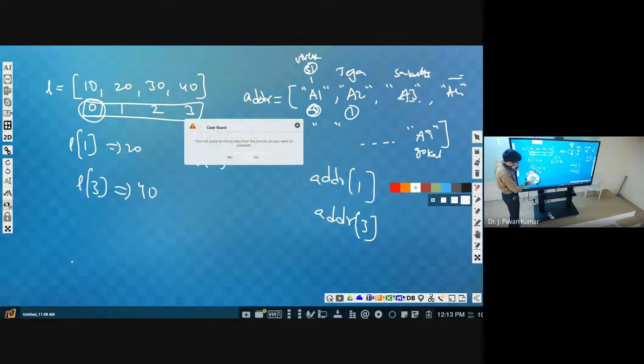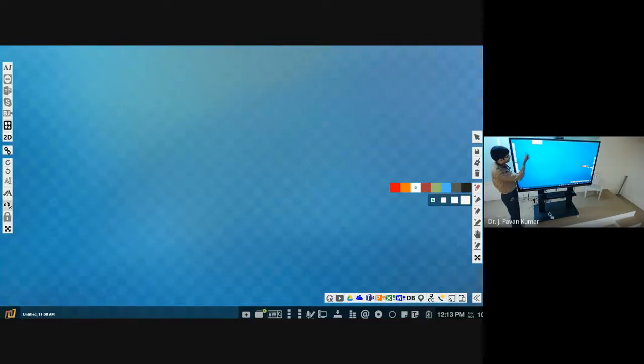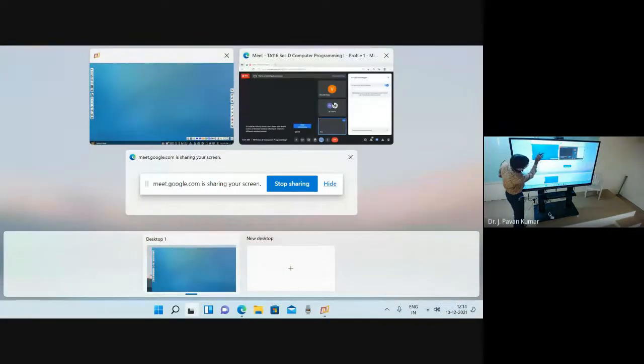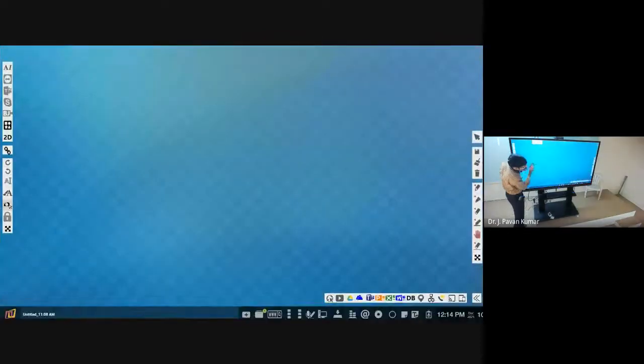Collection of what? Key value pairs. Let us assume we are having student 1, then the corresponding address.